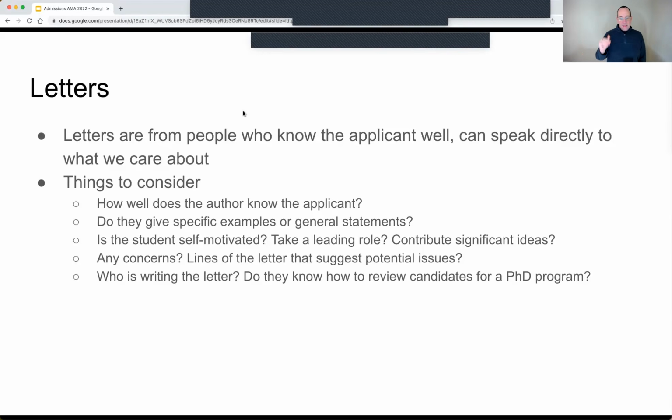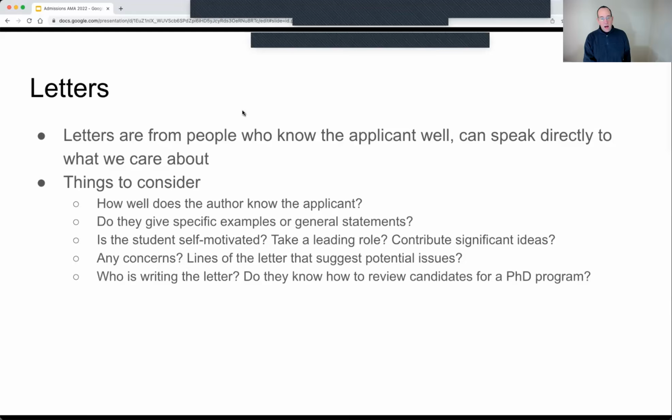But if you look at this list, there's a balance here. So if your letter writer is someone who's well-known, who has a reputation for excellence, and that we know them, then we will trust what they say, and that's great. But if they don't know you very well, if they don't have the ability to give specific examples, if they can't actually address the issues we care about, it's not really informative, right? We much rather have a letter from someone who knows you well, even if we don't necessarily know that person, as opposed to someone who is, let's say famous, but doesn't know you.